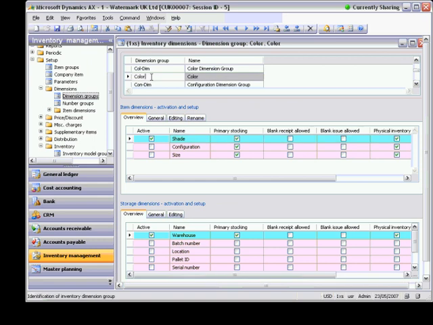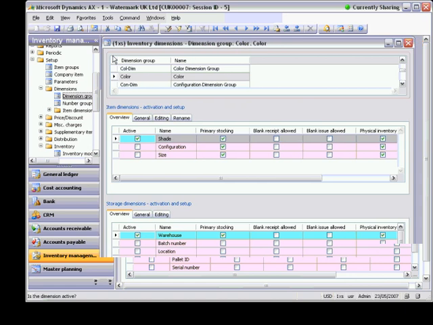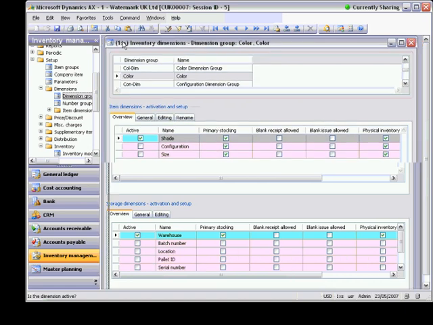For example, I have color and I activated shape and warehouse. So after that, I need to assign this dimension group to an item, and how the system controls receive and issue